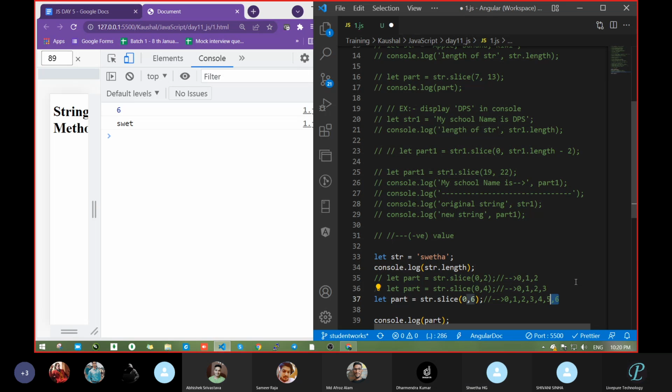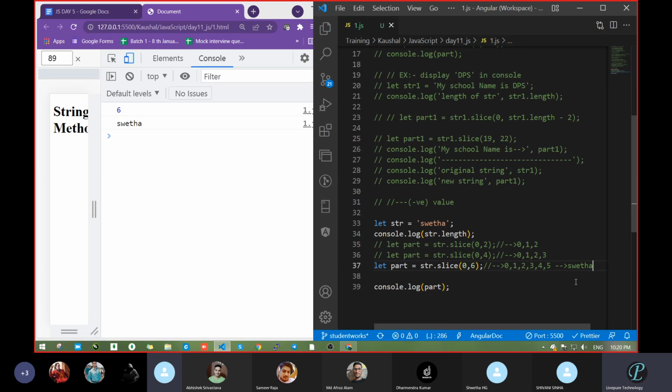Up to 5, in the sense, what will be the output? The full name. Let's calculate. This becomes 0, 1, 2, 3, 4, 5. So we got it completely. Is it clear?